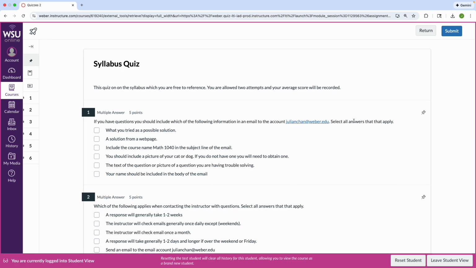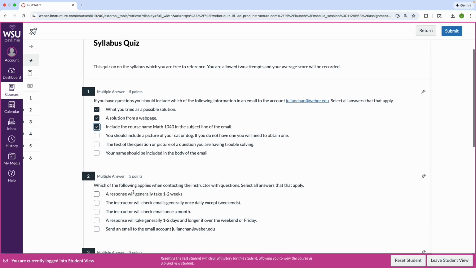Okay, so here I just want to emphasize you need to select all answers that apply. So if, for example, you miss a possible response, you're not going to get full credit. Or if you select an incorrect answer, you're not going to get full credit. Okay, now I'm just going to select these 2, and I'm going to submit it.